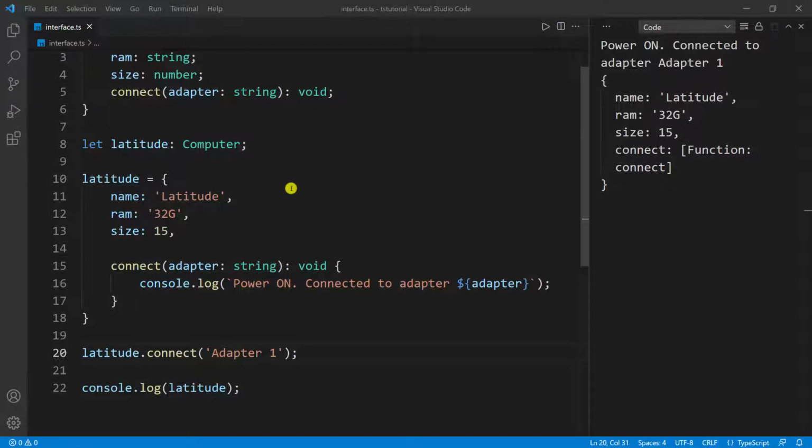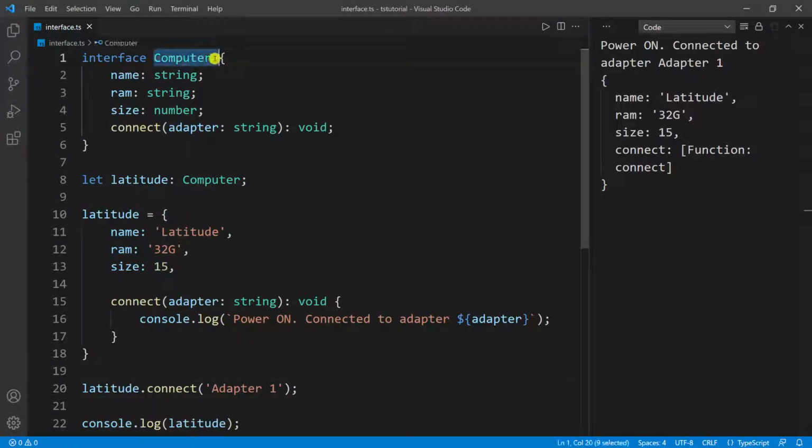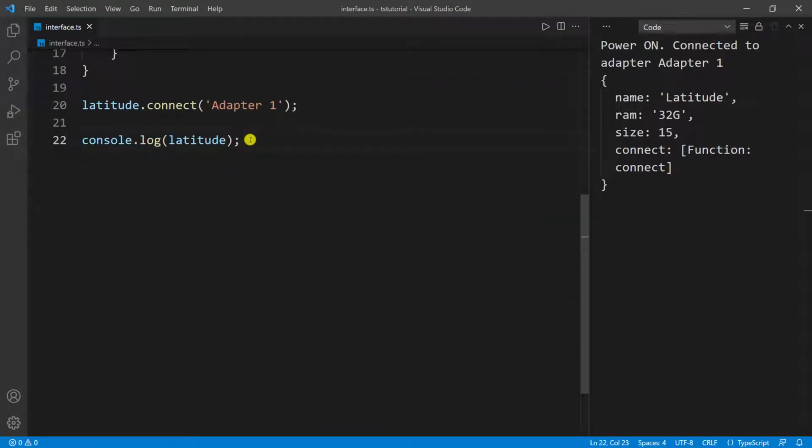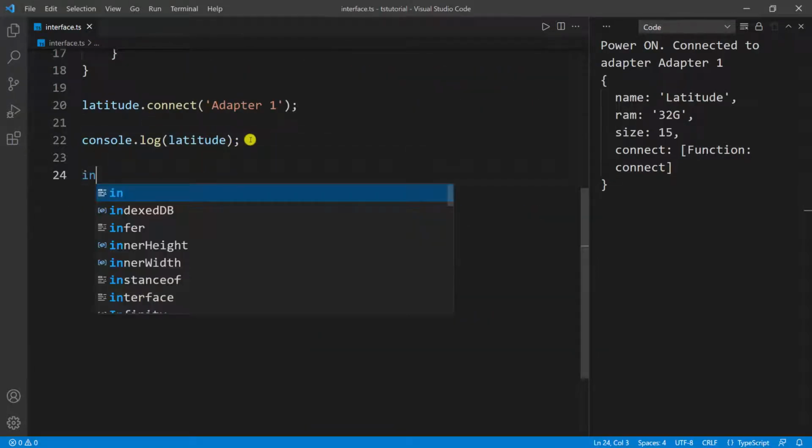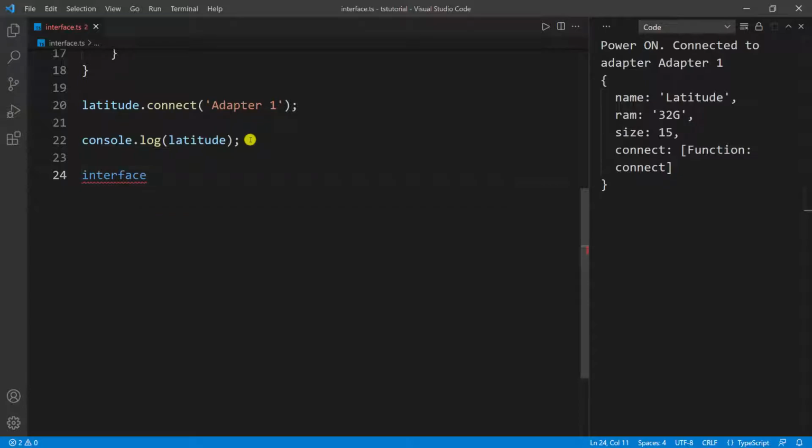Like I mentioned before, interfaces are used a lot with classes, and I want to give you guys an example. So I'm going to scroll down, and down here, I'm going to create another interface. I'm going to say interface, and this time let's call this HTTP connection. Hopefully this is not already taken in the namespace. So HTTP connection, that's going to be an interface, and this interface is going to have one method, which is